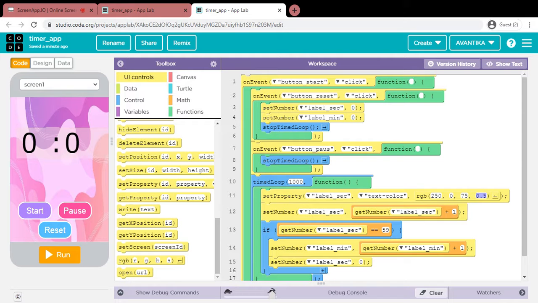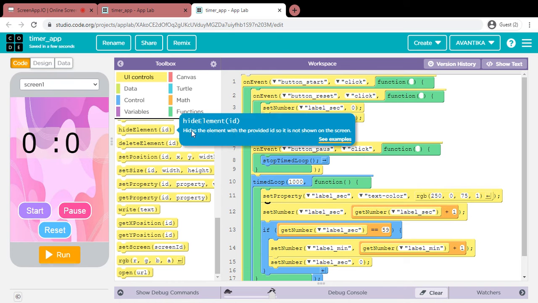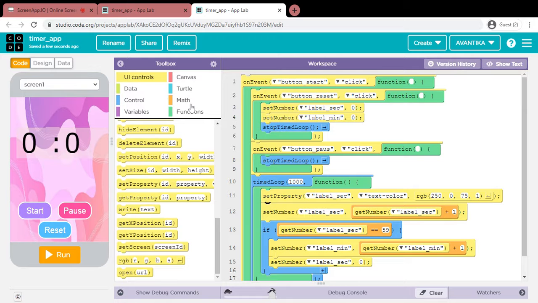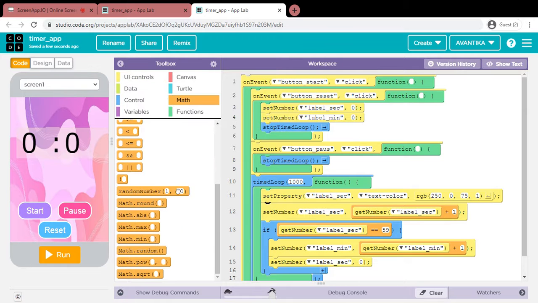So I want it to be opaque, so I'll write 1 here, and RGB is what defines the color. It's the combination of red, green, and blue. Its range is from 1 to 255 for RGB, and for A, which is transparency alpha, its range is from 0 to 1. So go to math and choose random number